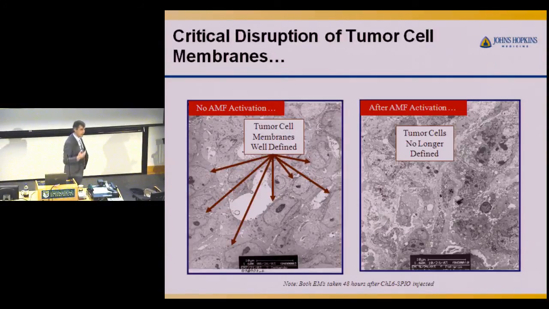And when we compare tumors that were exposed to the AC magnetic field with sections of tumors that were not exposed to the AC magnetic field, on the right we have AC field exposure, on the left we don't, you see evidence that there's basically some cytotoxic or localized ablative effect of having the nanoparticles combined with the AC magnetic field. So we do see biologic evidence